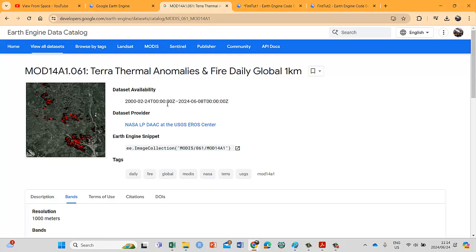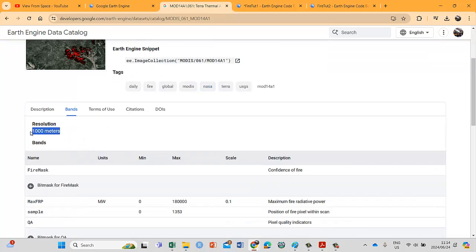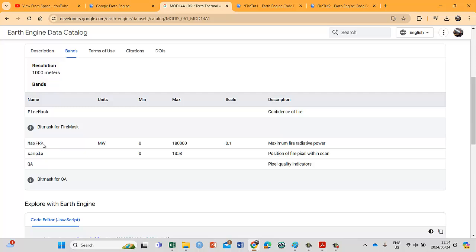So they must be using roughly the same satellites. Yeah, so they roughly all start at the same period, which is interesting. They present the data a bit differently, but they all have the same starting period. So that's good. This is also daily, not as good spatial resolution, and we're looking at max FRP, which is